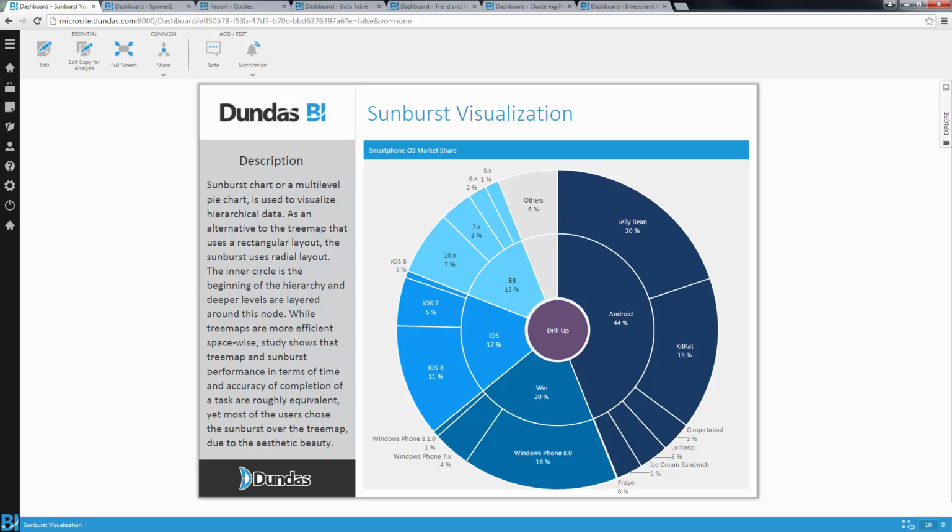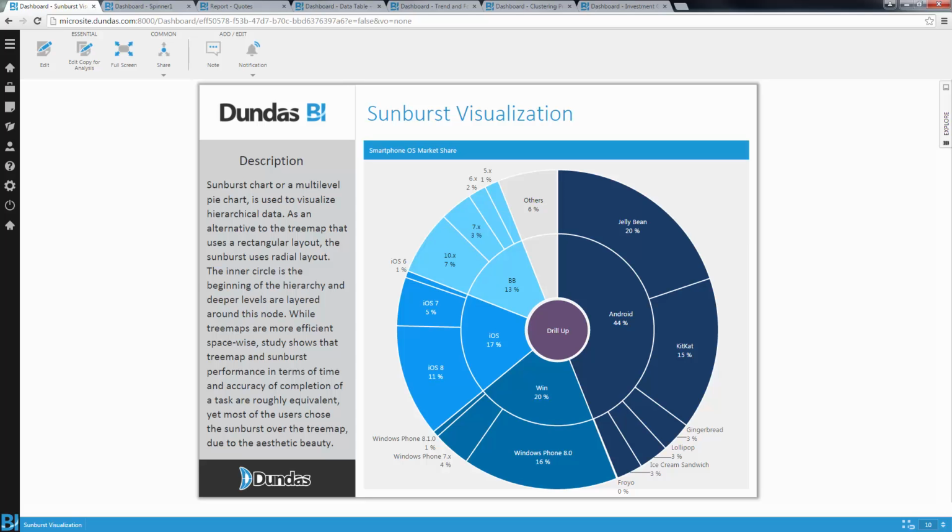The next visualization is an exciting addition for many of our users, the sunburst chart, also known as the multi-level pie chart. This chart allows you to view the data across multiple level hierarchies in a single view without having to drill up and down to see the data at the different levels. It is similar to a tree map visualization, but instead of using rectangles, it is using a radial layout to show the breakdown. In this example, you can see the breakdown of the smartphone operating system market share. The inner circle is showing the parent or top level of the hierarchy, and then the outer circle is showing the breakdown to the operating system versions.